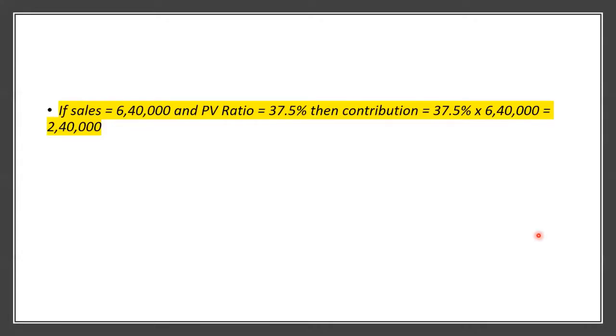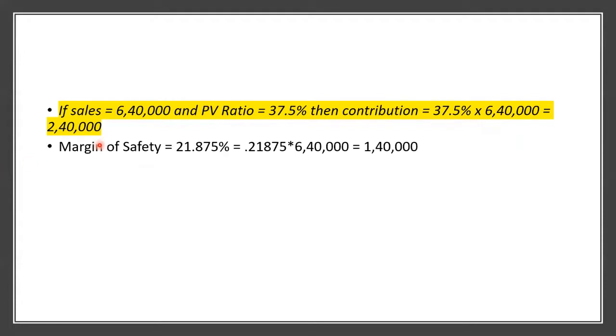So sales is 6,40,000. What is next we were to find? Break-even point. Sales is 6,40,000, and the PV ratio is 37.5%, which was given in the question. Then the contribution is equal to 37.5% into 6,40,000 is equal to 2,40,000. Right? Margin of safety is already given in the question, which is 21.875%, which means margin of safety is 1,40,000